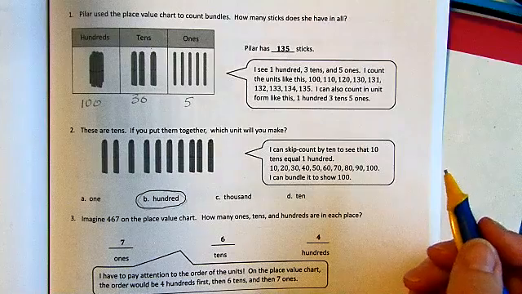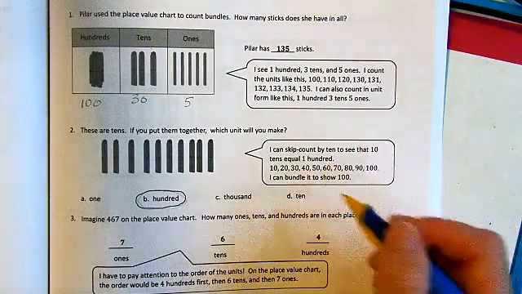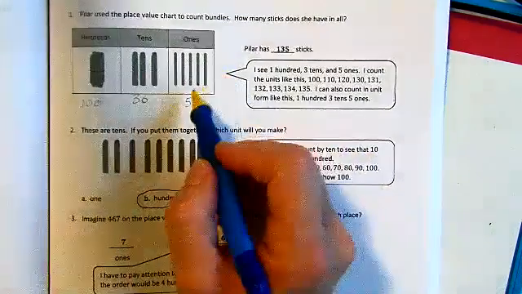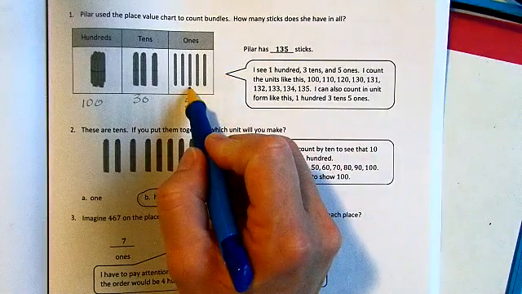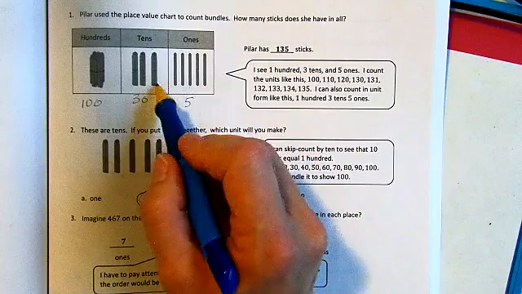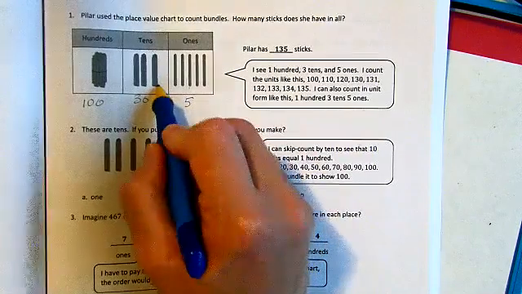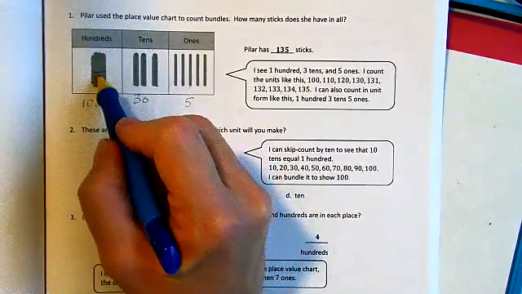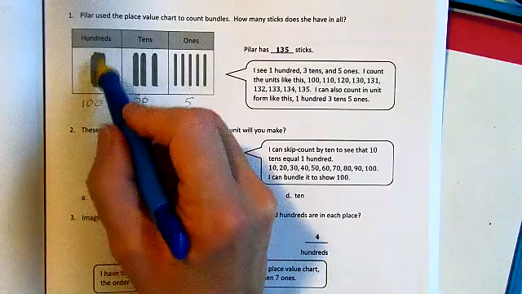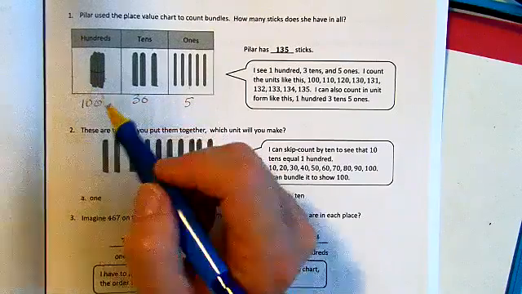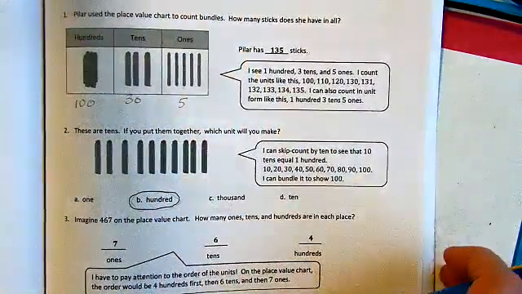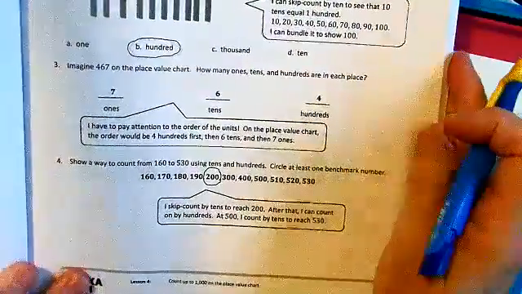And think about the song, right? This happens every single time. You get to 9, when you put another one on, you have to go to the next. So we can have 9 ones, but as soon as we add one more, then we have a 10. We can have 9 tens, but as soon as we get that one more, we move over to the hundreds. We can have 9 hundreds, but as soon as we get one more 100, we have to move that over to the thousands. So it's always that 10. We're a base 10 number system, which is why we're calling them also base 10 blocks. All right, so